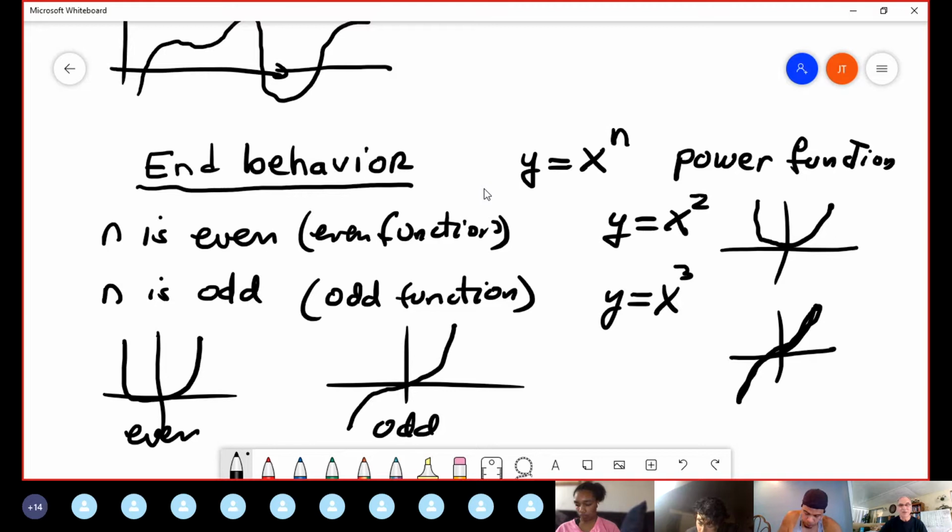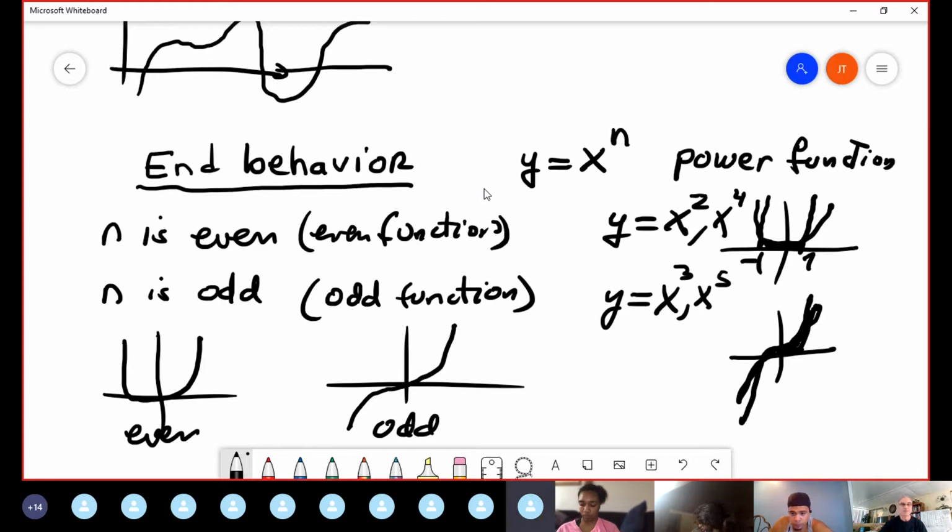Suppose you have x to the 4th power. It's exactly the same, but increases a little bit faster, like that, and is a little bit flat in that part, which is between 1 and negative 1. Suppose now x to the 3rd power: it's something like that. So what is the end behavior? In order to determine the end behavior of a polynomial function,